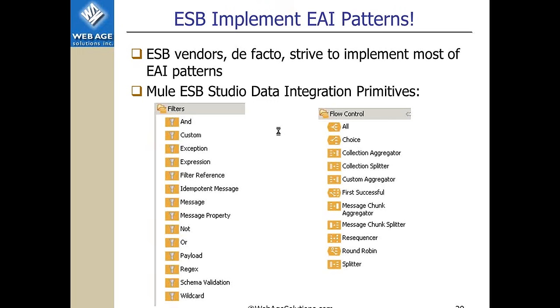For example, MuleSoft ESB has Eclipse-based ESB Studio, which allows you to integrate and build your solutions by dragging and dropping various data integration primitives from the palette of integration patterns on the canvas, where the whole solution would be built in a logical form. And then you can click generate, and it would give you auto-generated form of your data flow.